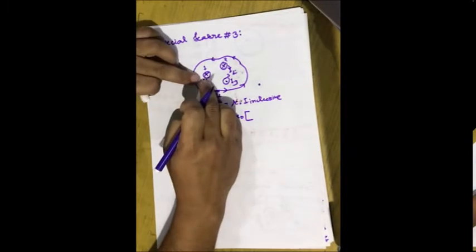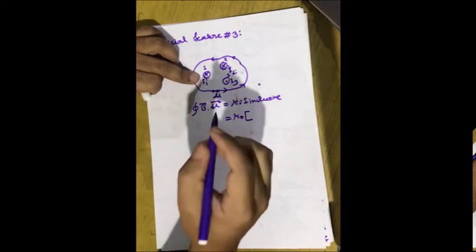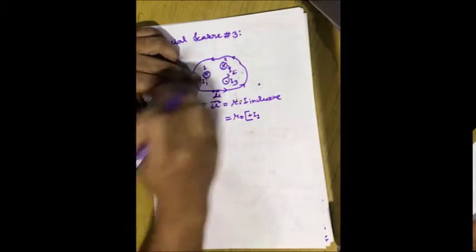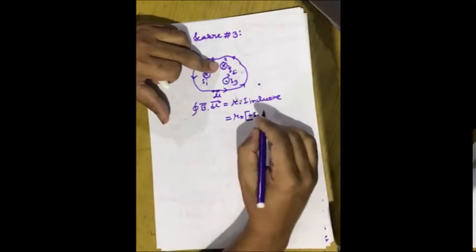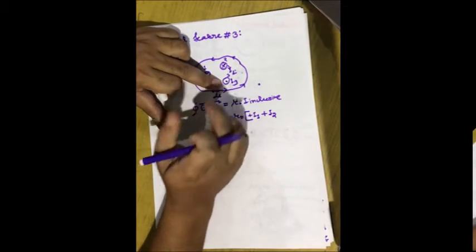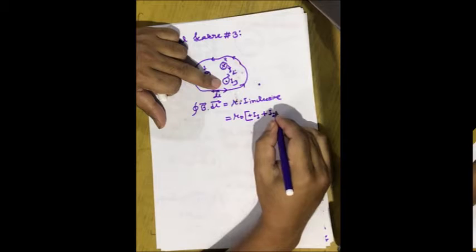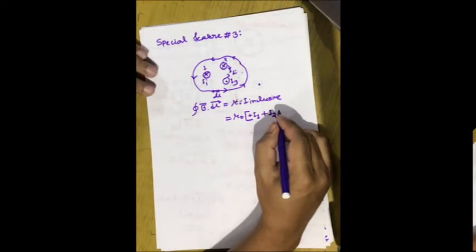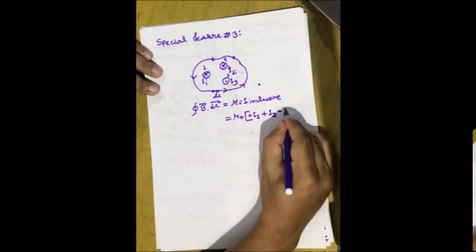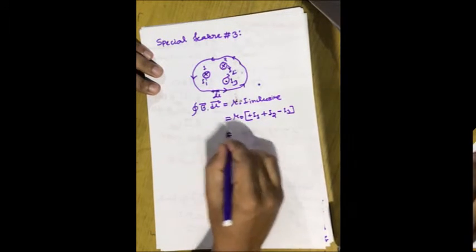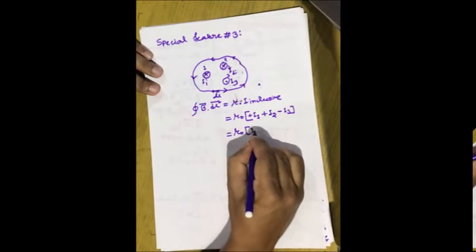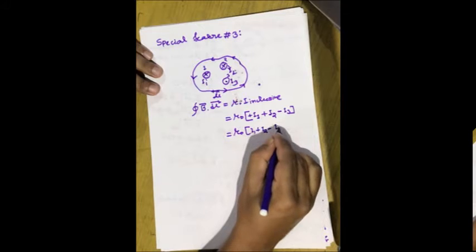You see, I1 is into the plane of paper. Say we take this direction as positive, so plus I1. And I2 is again into the plane of paper, so it's also plus I2. But I3 is outside of the plane of paper, and we have to take its direction as negative, because into the plane of paper we have taken as positive, so it is minus I3. Therefore, if we apply the Ampere circuital law, it will give us I1 plus I2 minus I3.